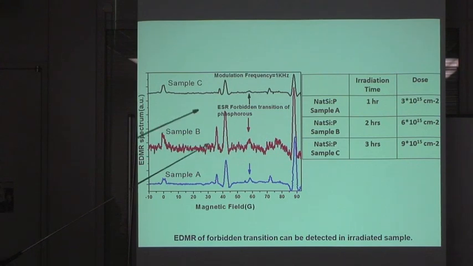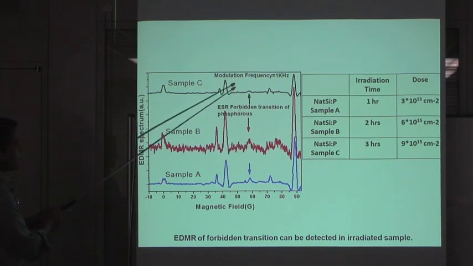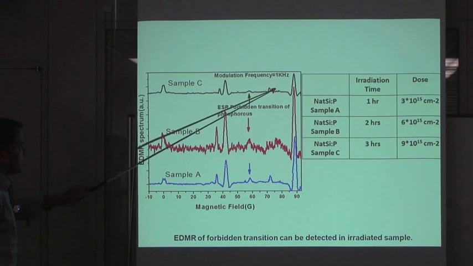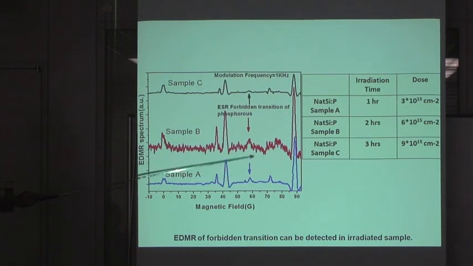Now I will show you that in these irradiated samples, unlike the sample which I studied earlier before irradiation, in which we were not able to observe the forbidden transitions, if we work at low modulation frequencies, we can see phosphorus here, the PV center lines here, and there is this line here at 58 Gauss. We see that this line is the forbidden transition line. And we can see the forbidden transition even for 10 to the power 15 concentration